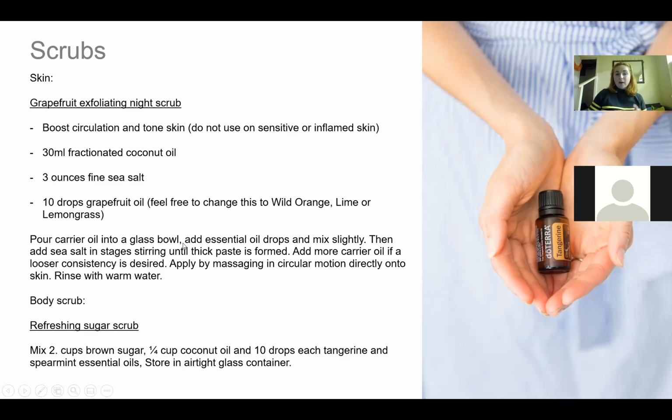And we also have a DIY body scrub here as well. So this refreshing sugar scrub is just made out of brown sugar. Again, if you don't have brown sugar, feel free to use white sugar or even sea salt flakes, as well as coconut oil and 10 drops of tangerine and spearmint. So that's 5 drops of each. And just store in an airtight